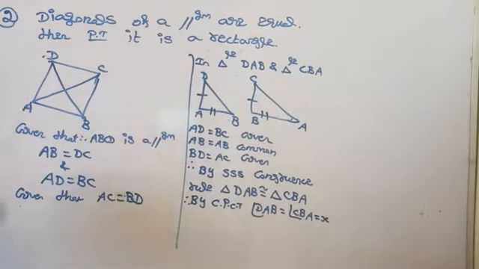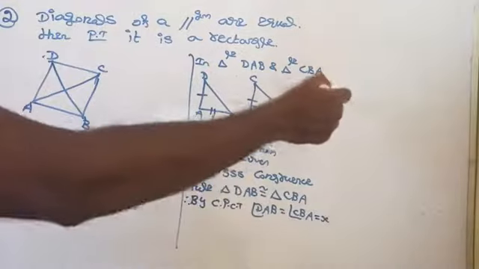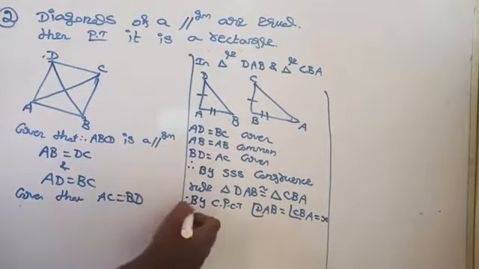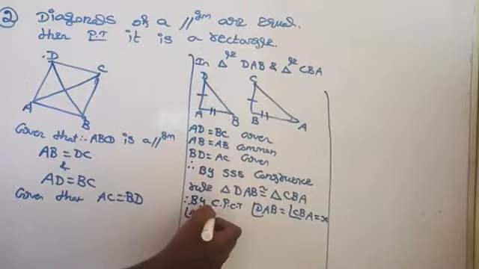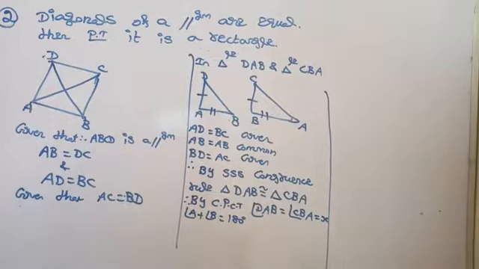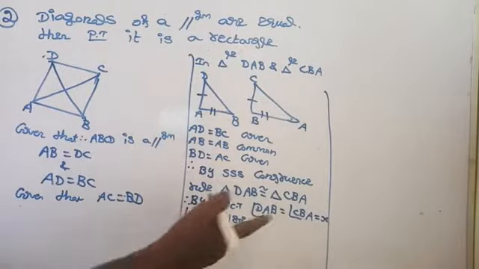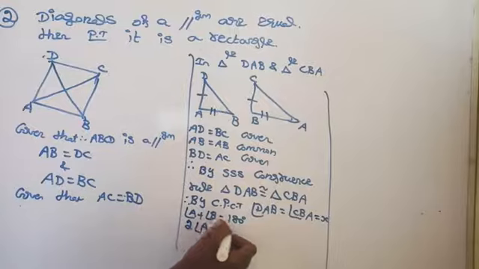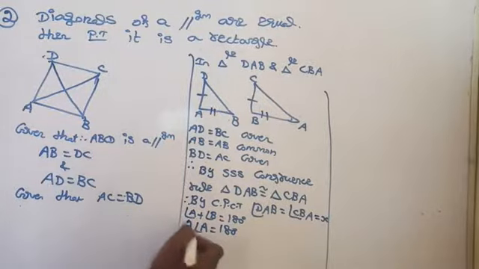Here already it is given that ABCD is a parallelogram. So you can say that angle A plus angle B equal to 180 degree, because these two angles are adjacent angles. In a parallelogram, the sum of two adjacent angles is supplementary. So we took A equal to x and B equal to x. Otherwise, you can write 2 times A equal to 180 degree. Then angle A will be 90 degree.